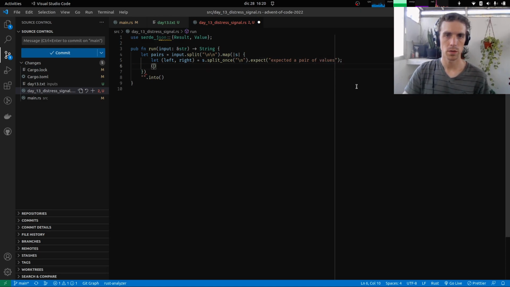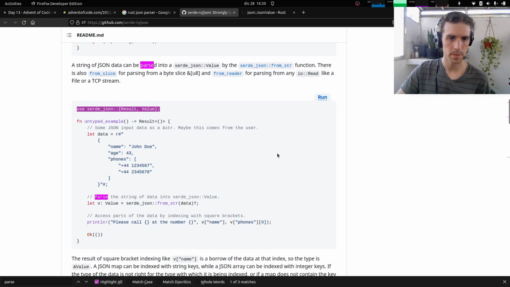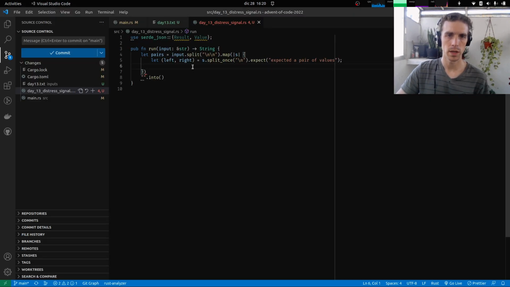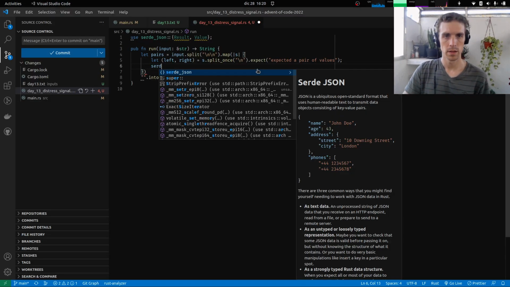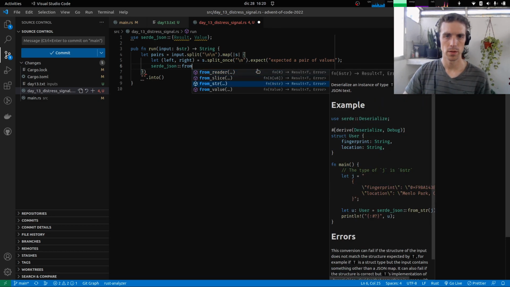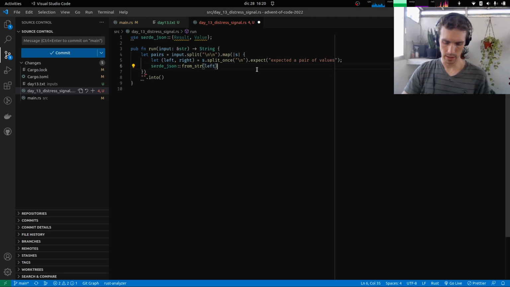And I guess we can do, what was the name of this function? serde_json from_str. So we could have a serde_json from_str, left and right,